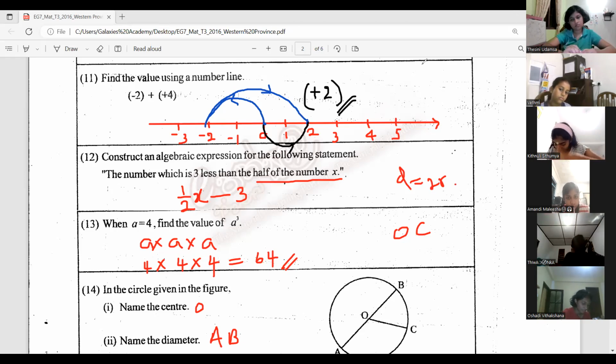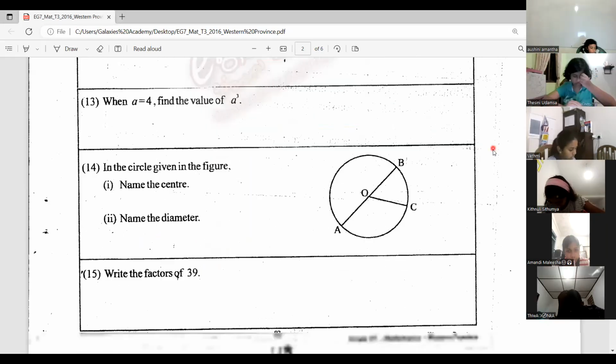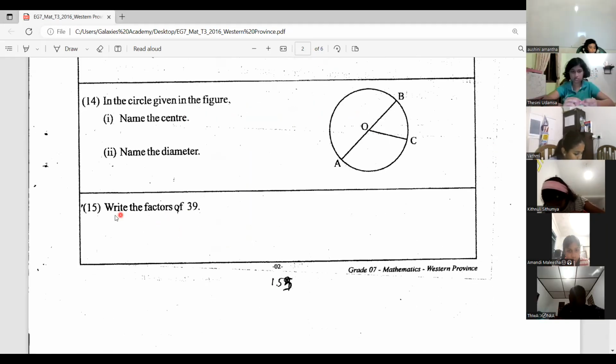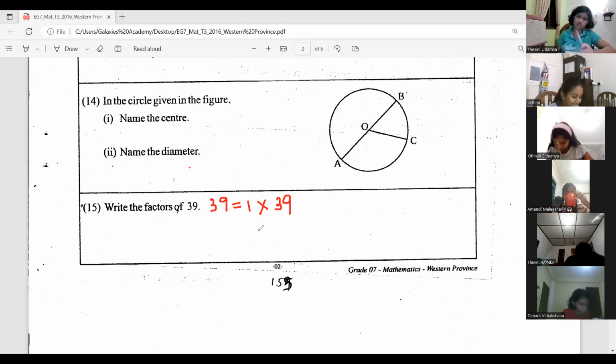Right. Then we can go to the next question. Number 15. Write the factors of 39. How can you find them? You can write 39 as a product of two whole numbers. 1 times 39. 2 times we can't write. Can you write 3 times this one? 3 times